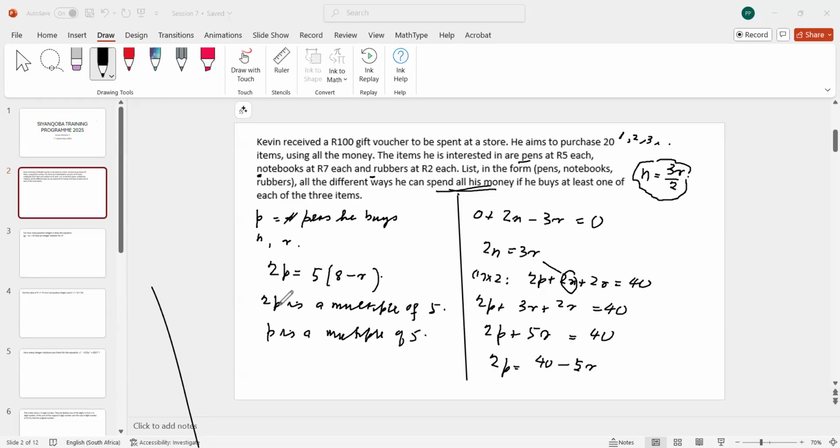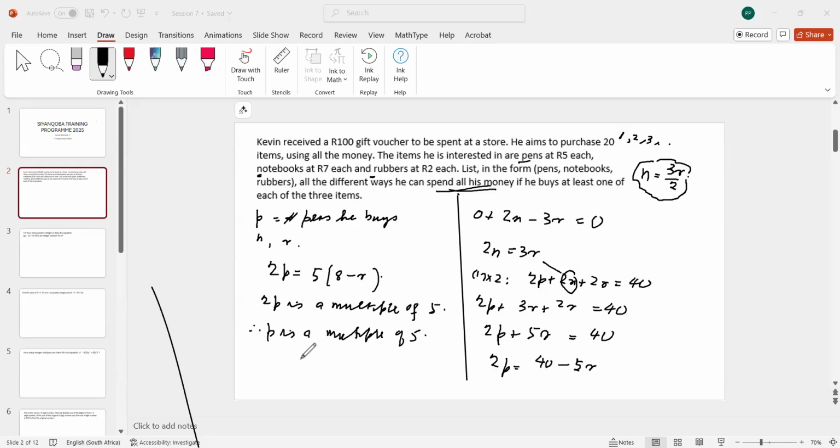Because you try putting, for 2p to be a multiple of 5, 2p can't be 5, but it has to be 10. And then p is 5, you see. 2p can't be 15 because 2p is even, but it can be 20, in which case 2p equals 20 and p equals 10. In other words, p is a multiple of 5, if you think about it. Okay,